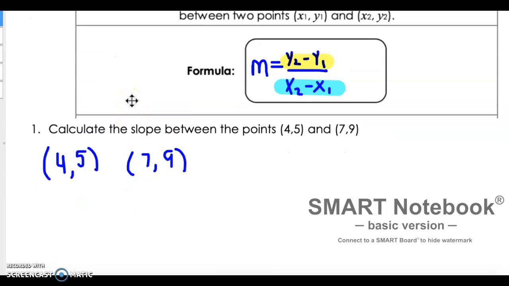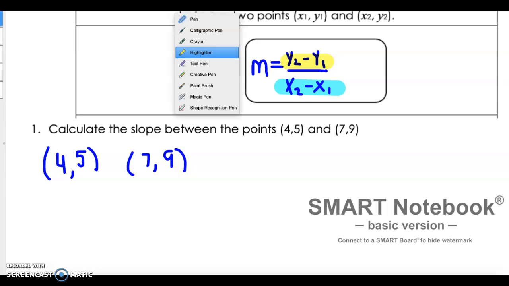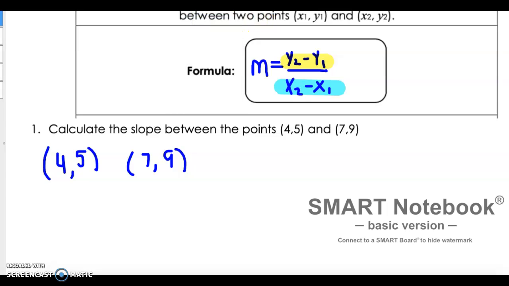So, calculate the slope between these 2 points, (4, 5) and (7, 9). The very first thing that we want to do is go through it and label our points, x1, y1, x2, y2. So this 4 here is going to be our x1 value because it is the x coordinate in the first ordered pair that we're looking at. The 5 is going to be our y1 because it is the y coordinate in the first ordered pair that